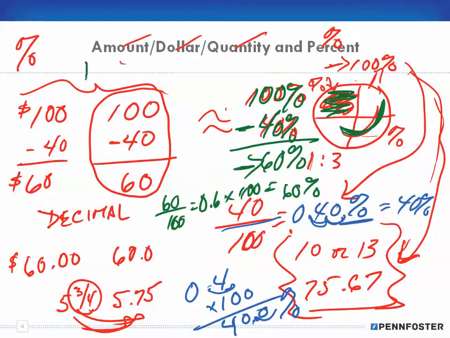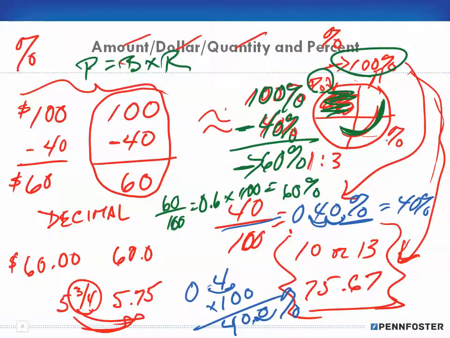We were talking about portion is equal to base times the rate. And what I'm doing here is I'm saying, okay, I have a base, and I have a portion, and I have a rate over here. I don't like the terms because they're not intuitive. However, the concept and the idea behind it makes sense. I'm just saying that out of the 100%, I have two different amounts. Which one I call a portion and which one I call a rate depends upon the